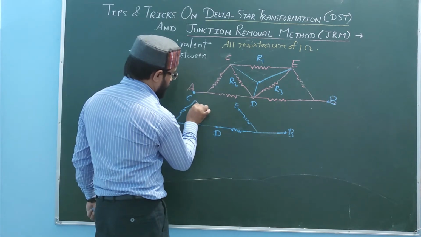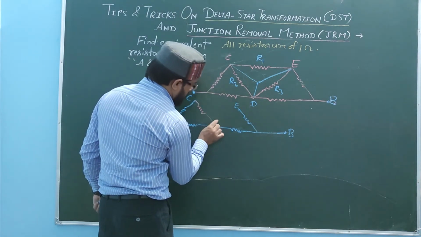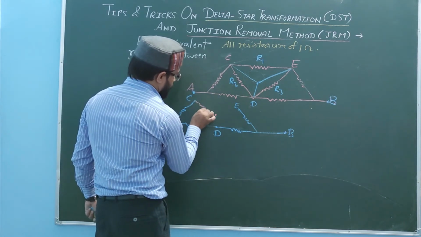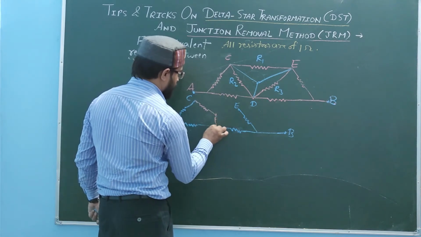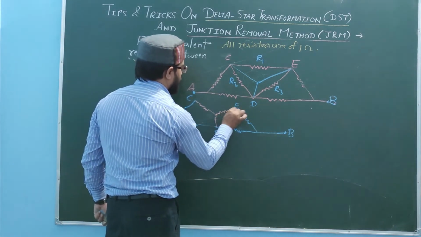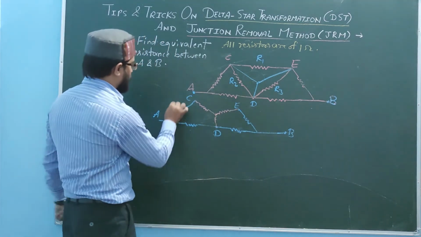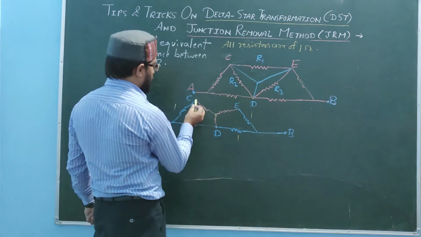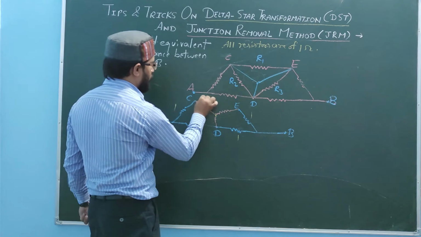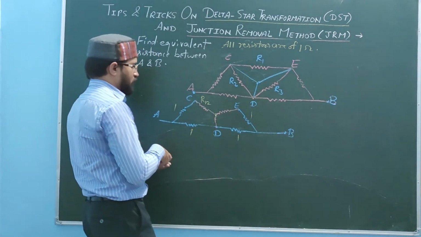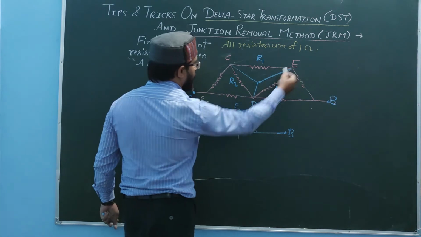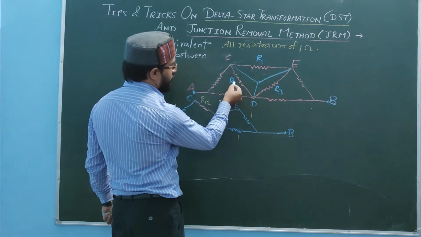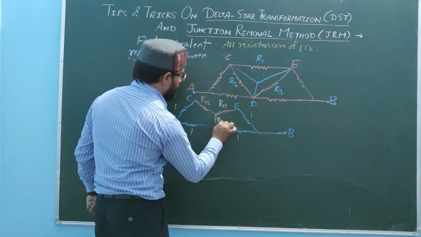R123 here it would be looking like this. This is that common point we have taken. Delta we are transforming into star. It is also star. So this is one, this is one, this is one, this is one, this is star. So C point connected by R1 and R2, it would be R12. E point was connected by R1 and R3, so it becomes R13, and D point was connected by R2 and R3, so this will create R23.